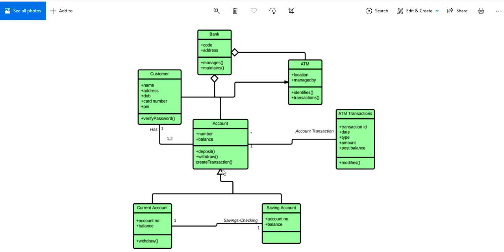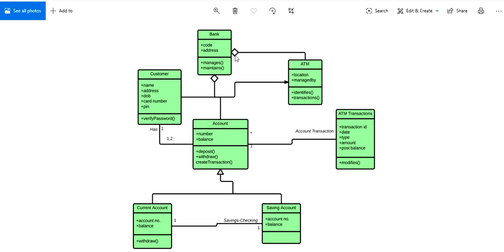That means the variables and methods of the account class are inherited by current account as well as savings account. So if we access current account, it means account number, balance, and also the withdraw, deposit and create transaction methods, also like savings account.